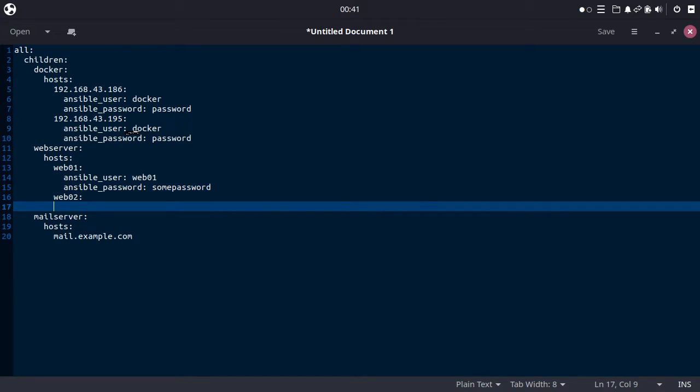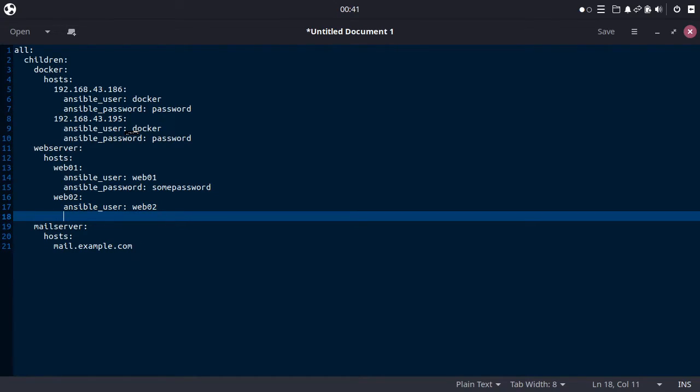And then, oops, don't use tabs, use the spacebar. ansible_user web01, web02, ansible_password some password 02. So this is how you can create the details of each of the hosts in the inventory host file.